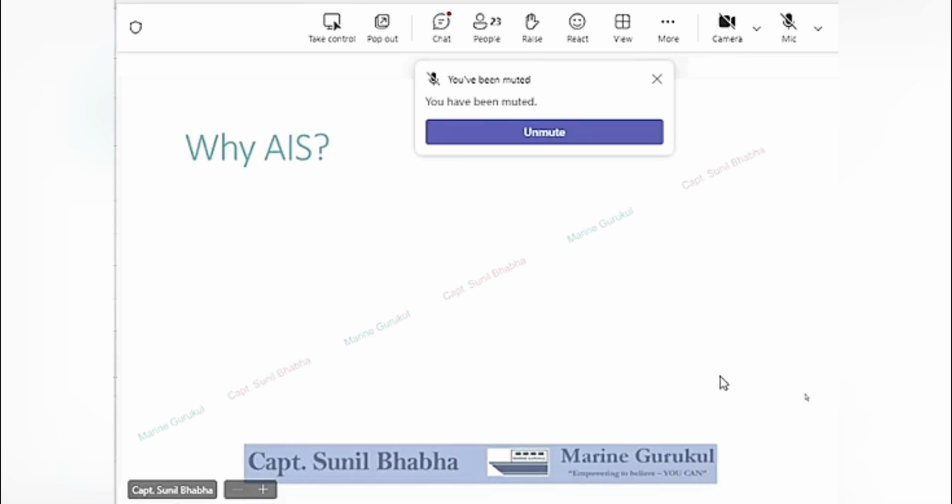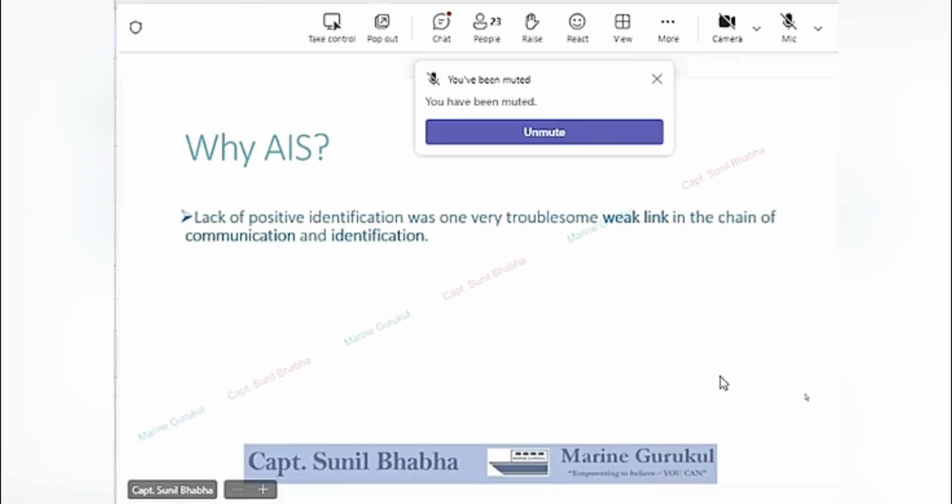Why was this equipment required? Some of the important reasons which justify the need for automatic identification system were: number one, lack of positive identification was one very troublesome weak link in the chain of communication and identification before the AIS.